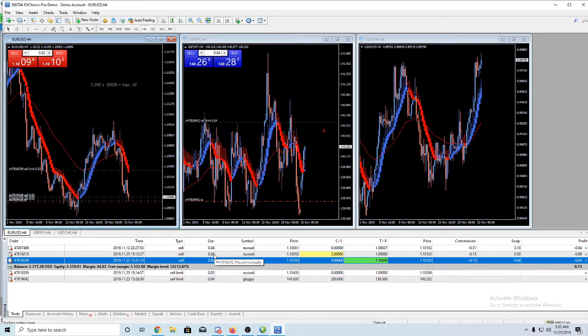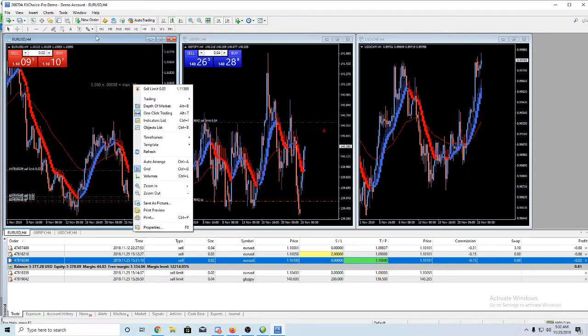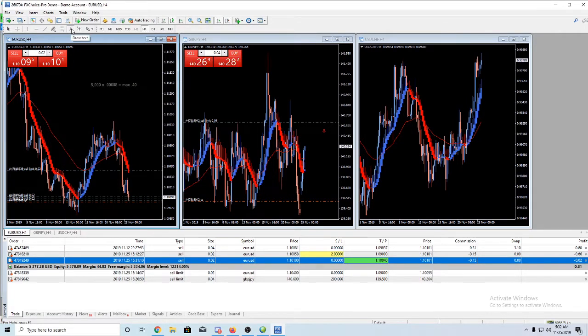Notice I'm nowhere near that. I've got 0.04, 0.02, 0.02. I'm at a total of 0.08 in one direction, so I'm well below this. But what I did is I said I want to produce 8 available units for me to trade these 3 pairs. How would I do that? In fact, you know what I could do is 10. Let me see, what did I do on that one? I think I made 10 units.